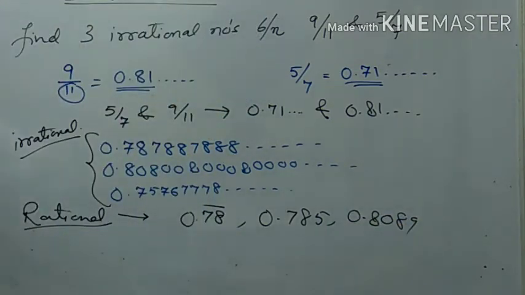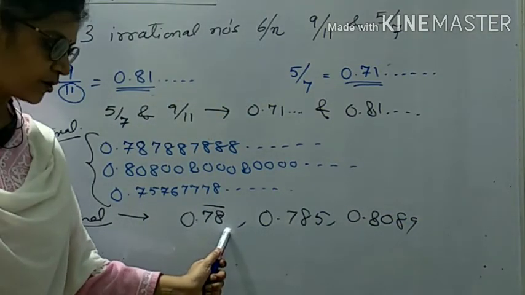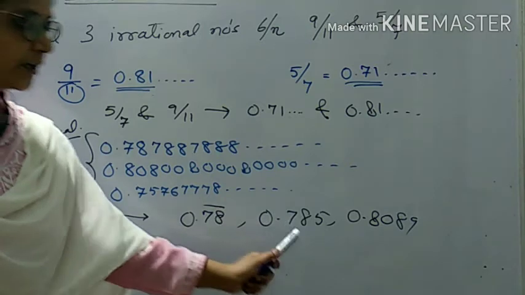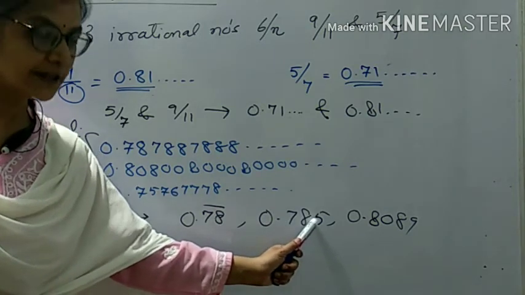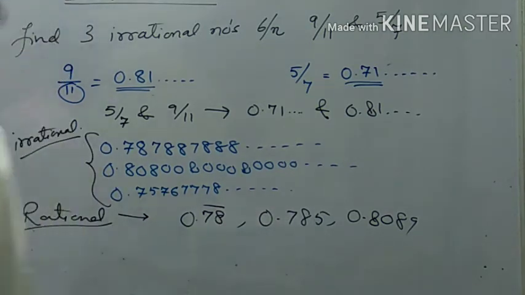0.8089. So all these, ये क्या है? It is non-terminating repeating, so it is rational. 0.785, so it is terminating, so it is again rational. ये भी क्या है? Rational है. So always by looking at the question, you have to decide. You have to see what you have to find, irrational or rational, and accordingly you have to give your answer with the help of the definitions of these two numbers.